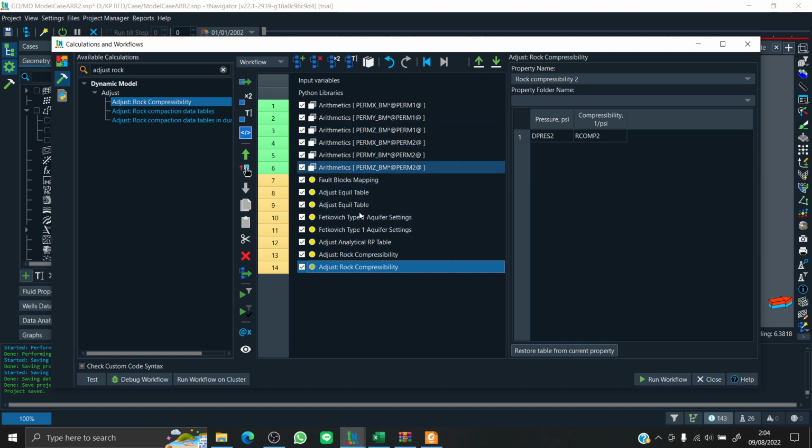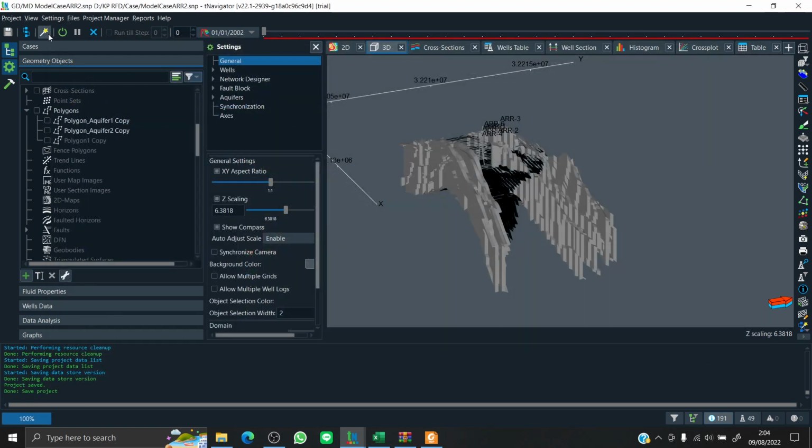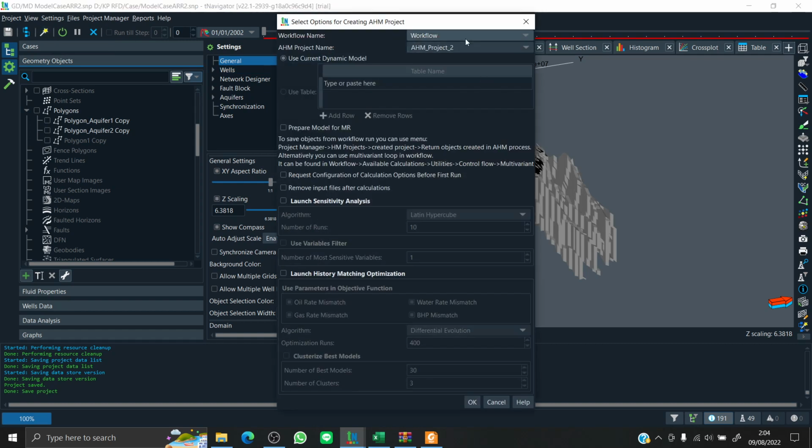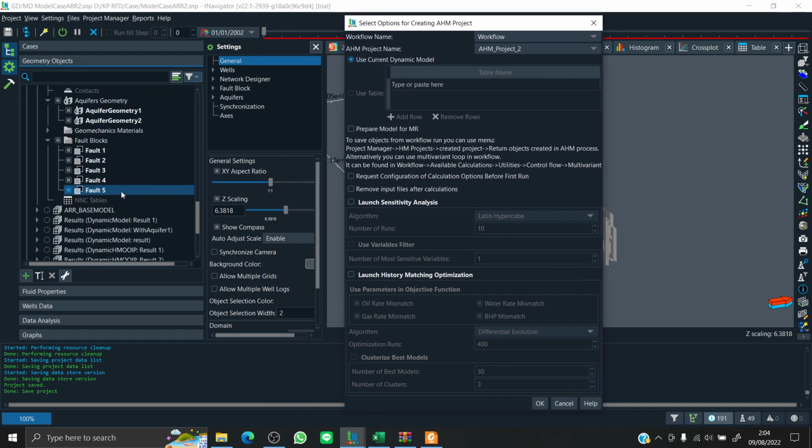If you have created your adjustment workflow, just save it and close it. Click on create AHM project, then select the workflow. We can see here my original workflow is the only workflow, and then I'm just going to name my AHM project whatever you like, but I'm going to name it AHM project 2, and then I will use my current dynamic model for this particular calculation.